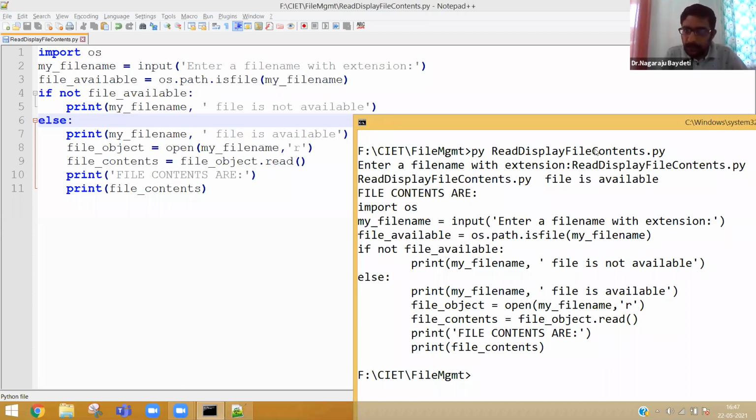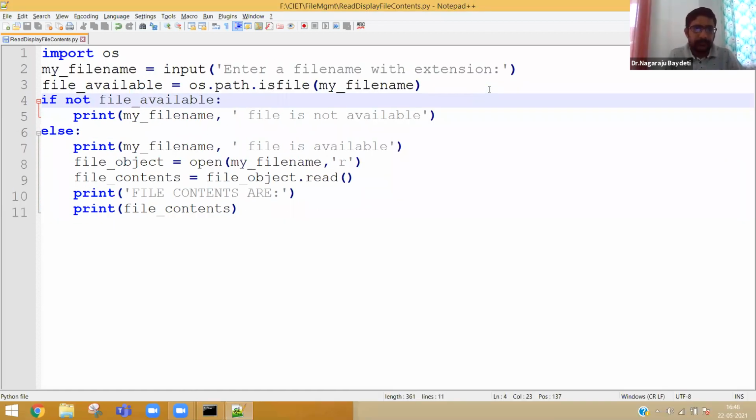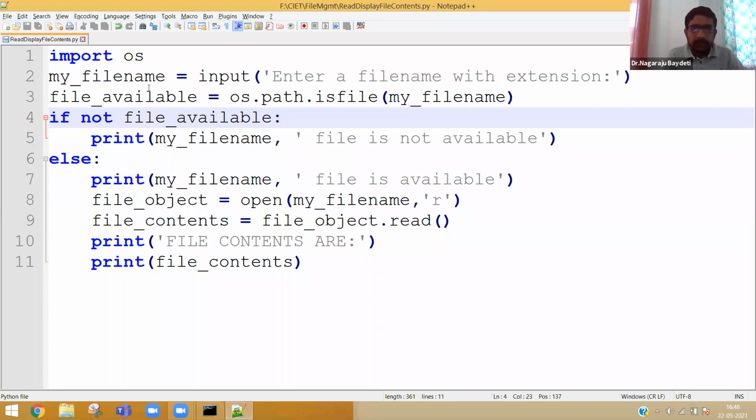One of the participants is telling me, once again tell it. Okay, let me explain the logic. Please observe the file name of this particular Python program.